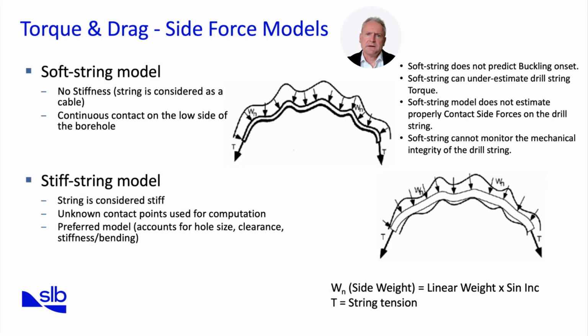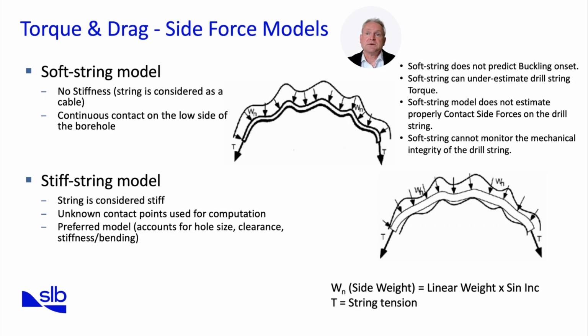Here we compare the soft string model and the stiff string model for torque and drag analysis, focusing on how side forces are represented. Let's begin with the soft string model. In this approach, the drill string is assumed to have no stiffness. It is essentially modeled as a flexible cable lying inside the wellbore. Because it cannot resist bending, it is assumed to be in continuous contact with the low side of the hole,